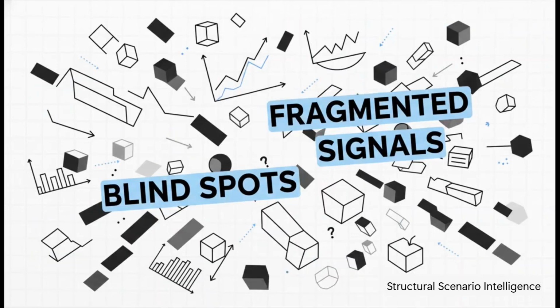And here is the core issue. Your economic reports might be telling you one thing, while your internal sales dashboards are telling you the exact opposite. Regulatory news might be shifting over here, while infrastructure limits are suddenly popping up over there. These fragmented signals constantly conflict with each other. When leaders evaluate these factors independently, they develop critical blind spots. And the result? They end up making huge, high-stakes decisions like where to invest or how to hire based on